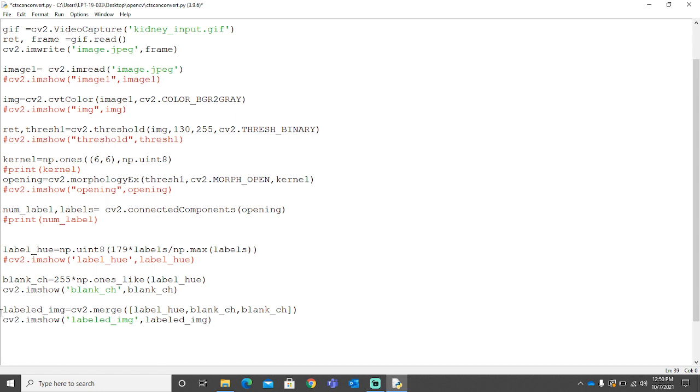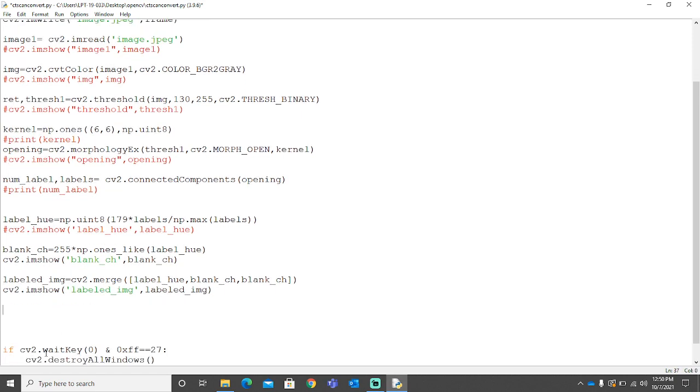I'll be giving the same name. Let's copy this again. Convert color, and labeled image as an input, and let's convert these HSV values into BGR.